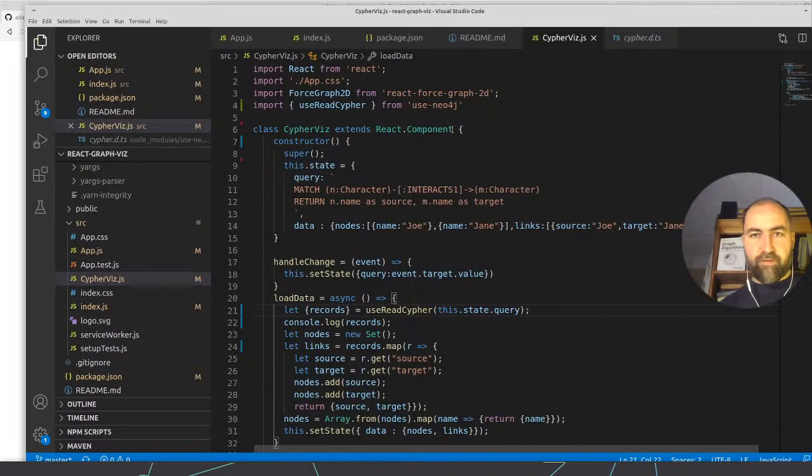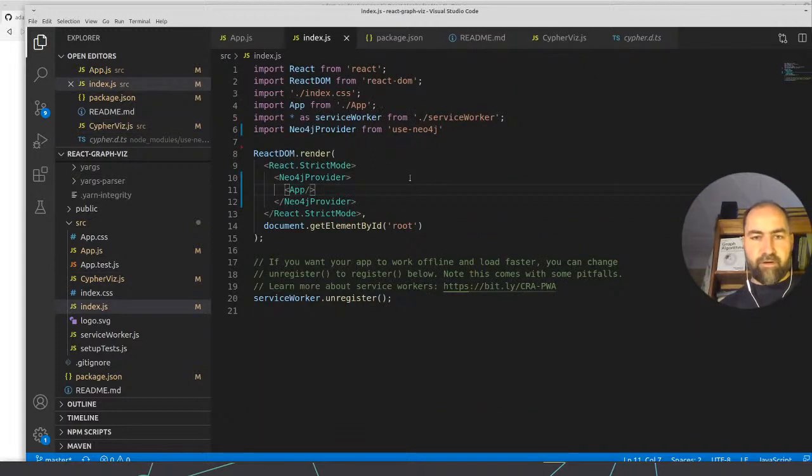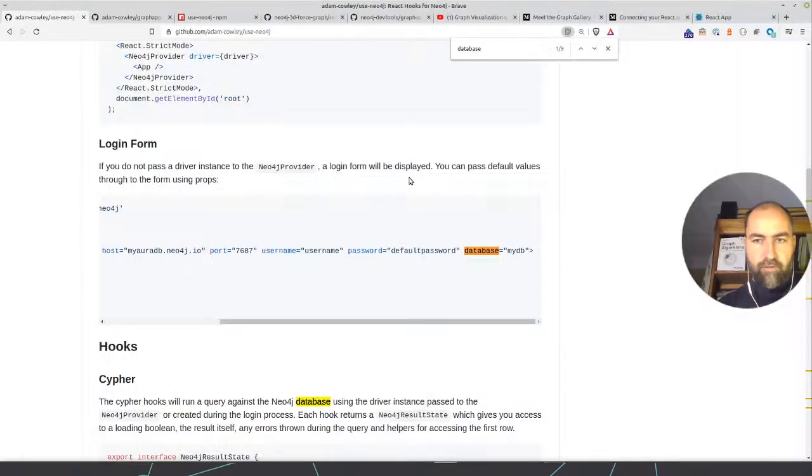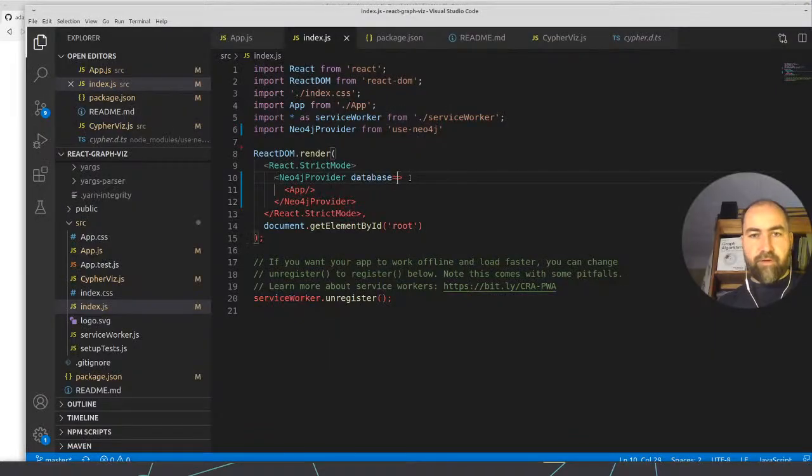Let's do this. So in our index.js, we can provide, what's it called? Database. Database is Game of Thrones. Or we can actually use movies. Or let me Game of Thrones.